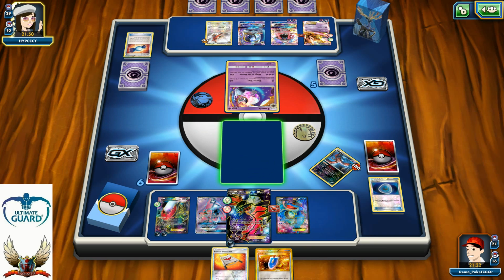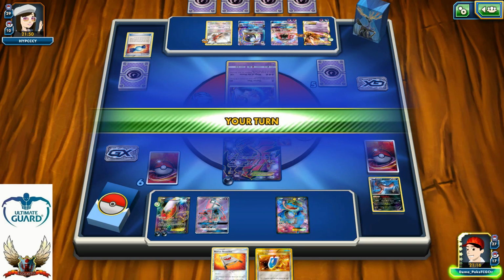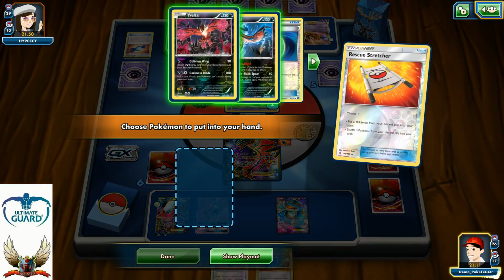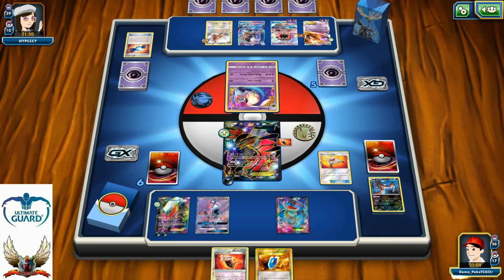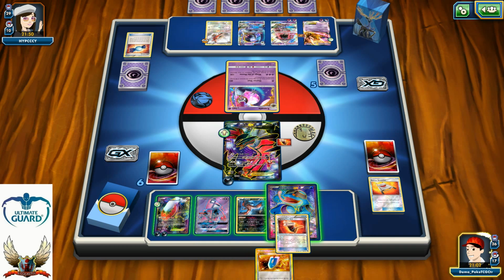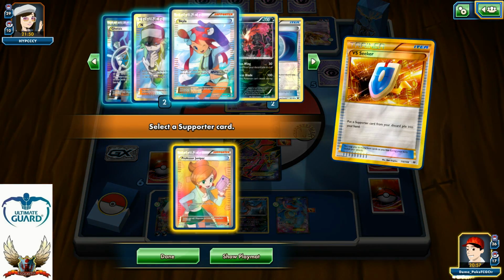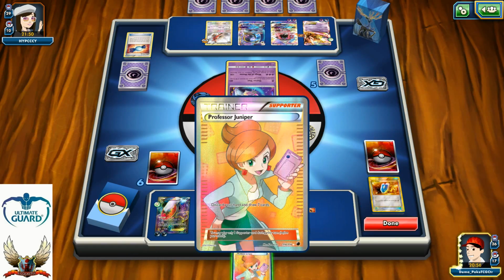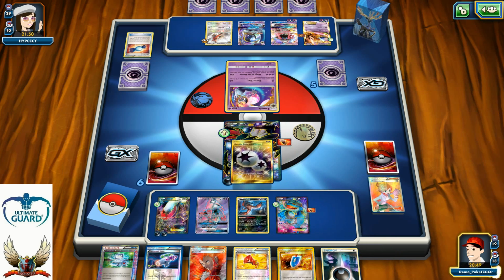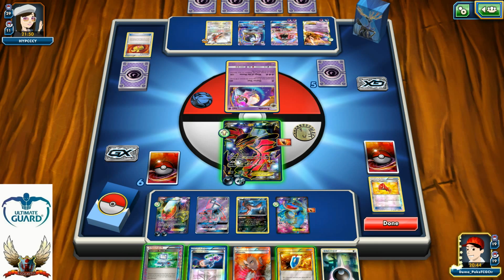Okay, let's see. 90 with the Y-Cyclone. Yeah, for sure, I'm gonna do that. So, Rescue Stretcher for my Friday Night Yveltal. I can see my opponent using his GX attack and knocking out my Darkrai on the bench with 2 energies. I can see that. I can see that coming all night long. So let's just play this, and